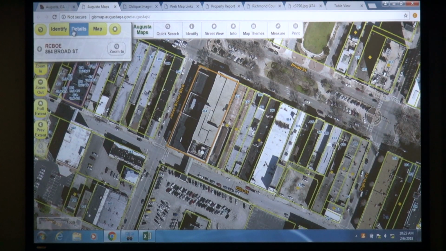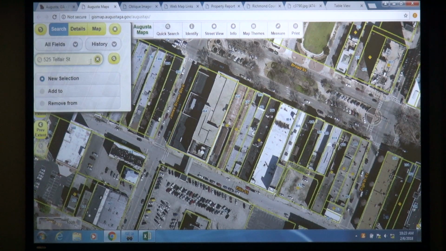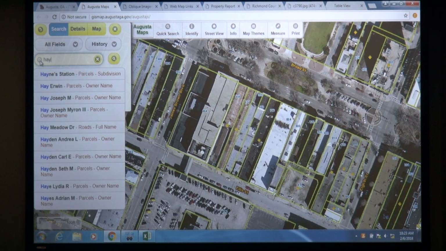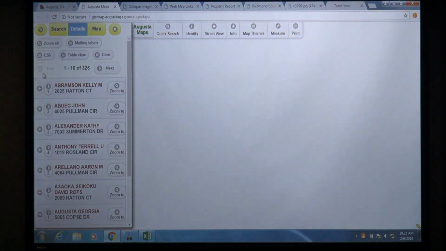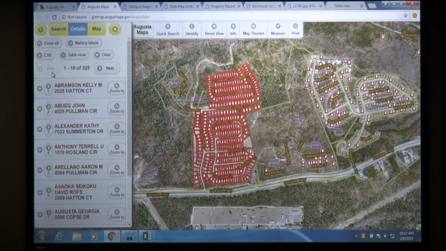If you run a search for a neighborhood, so let's run it for Haines Station, you'll see multiple results returned. There's 325. If you click CSV,